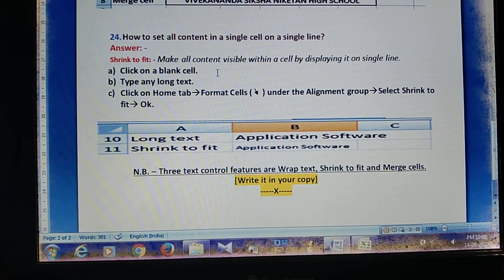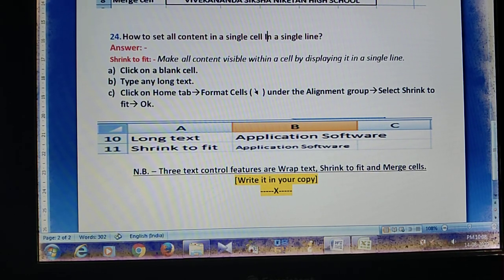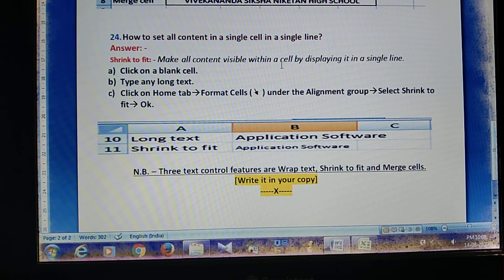Make all content visible within a cell by displaying it in a single line. I correct it, it was a mistake in the sentence. So how can I make it visible?